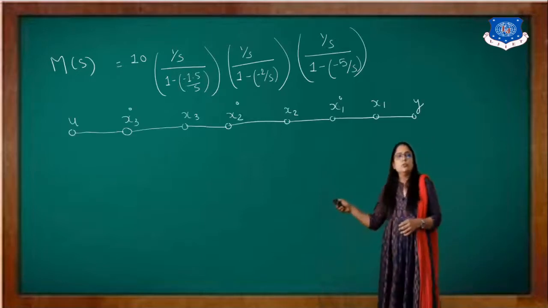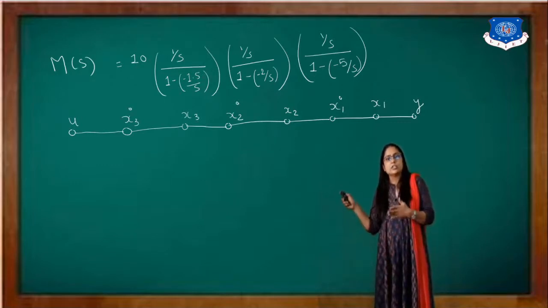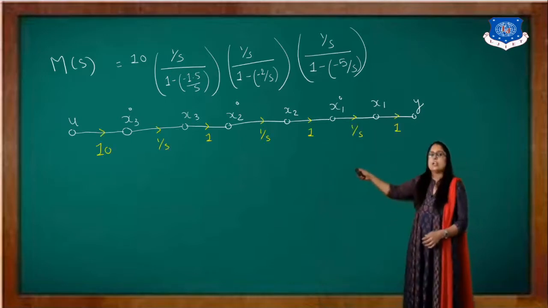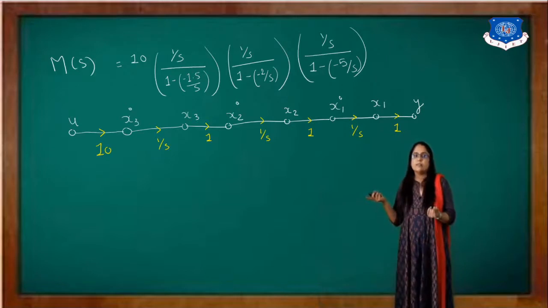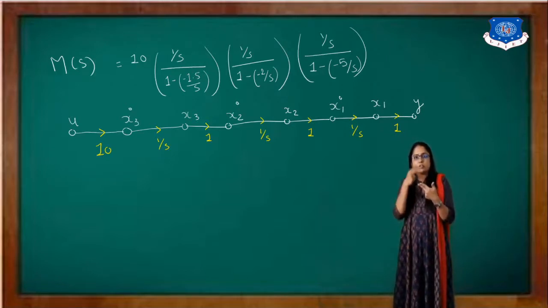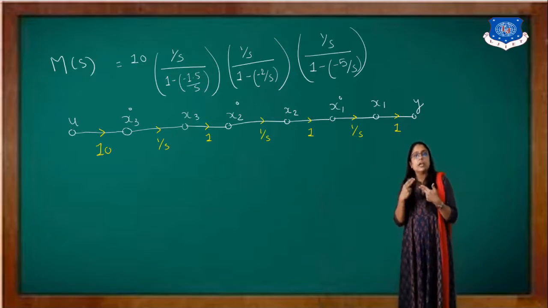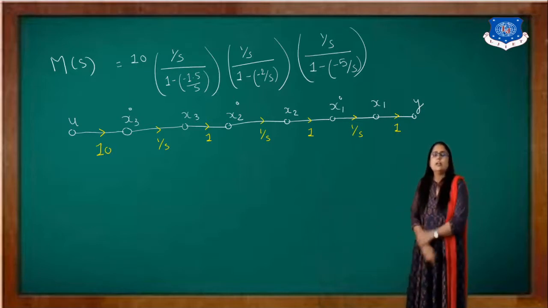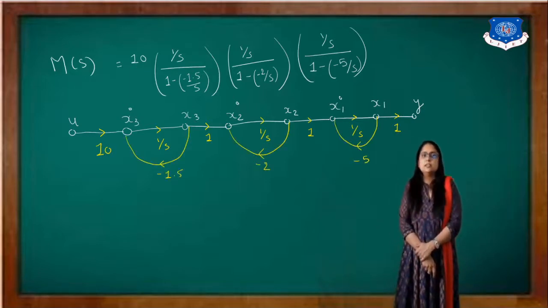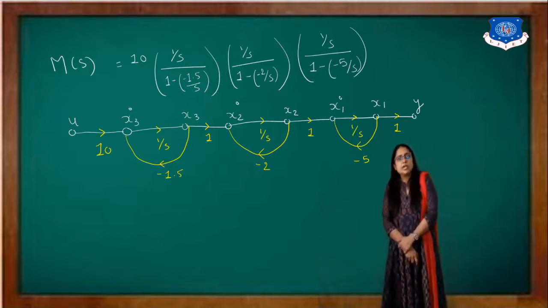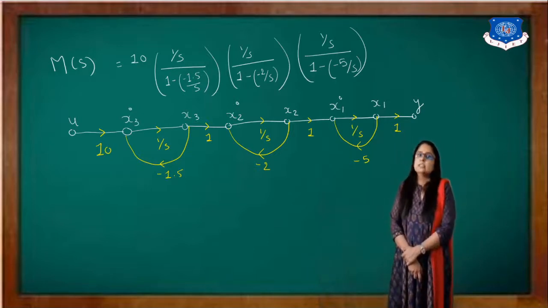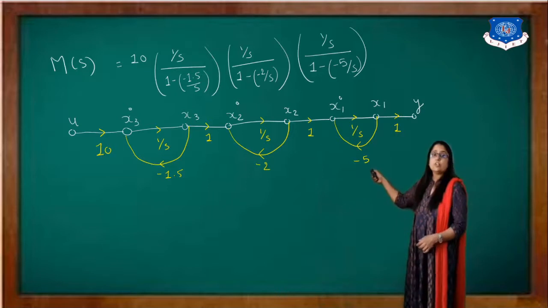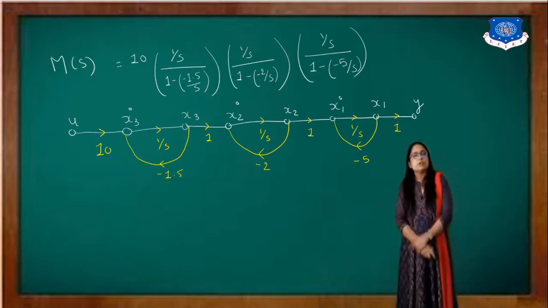So here the u, then x3 dot, x3, x2 dot, x2, x1 dot, x1 and y. How will we write here? See, first of all you write down the gain, then from x3 dot to x3 the same thing, 1 by s. And there is no x2 dot to x2 name, but here x3 dot x3 to x2 dot, so that is a dummy node. Consider that as a 1. Now write down the individual loops like this. That is minus 1 upon s and minus 1.5. Similarly here you write down minus 2 and minus 5. Now if you write the transfer function based on that, you will get the same transfer function.